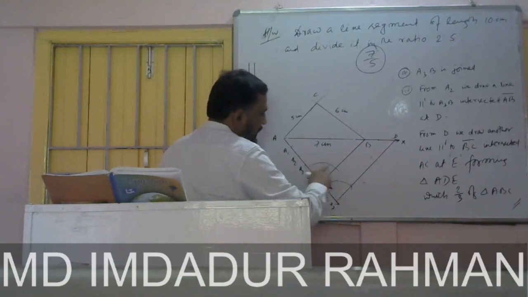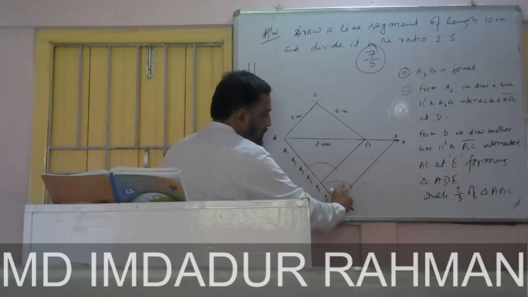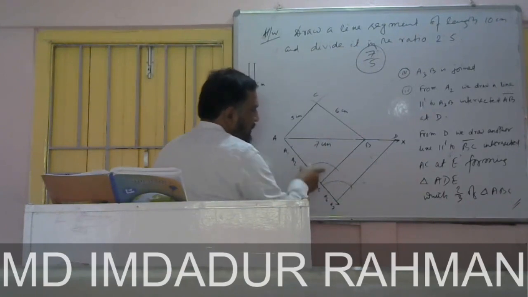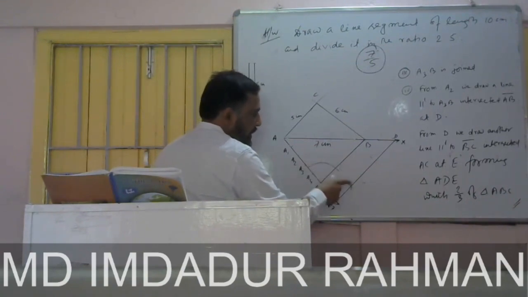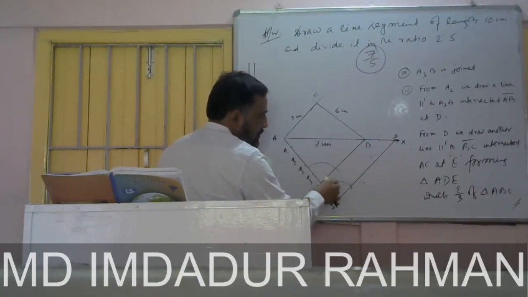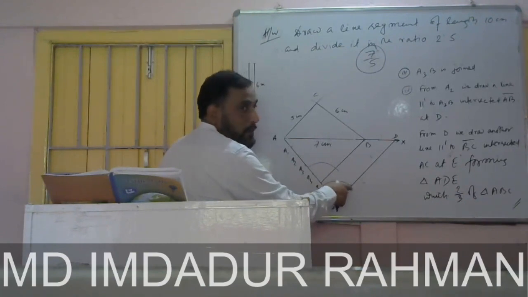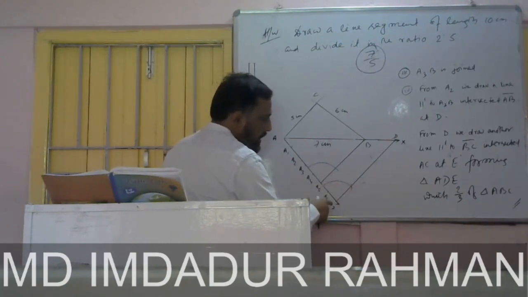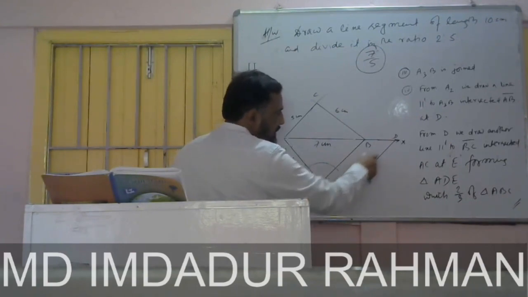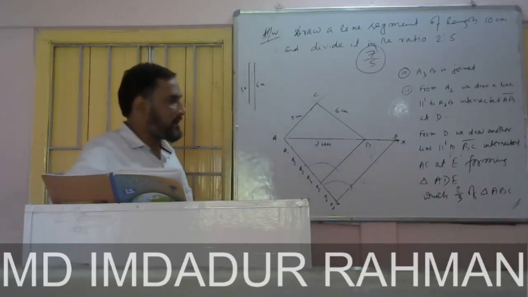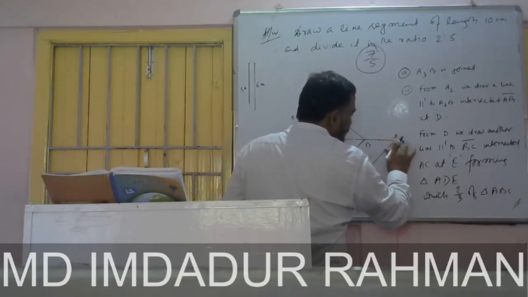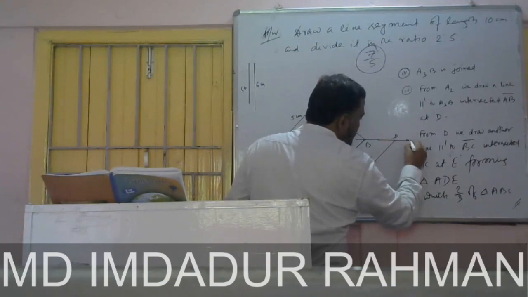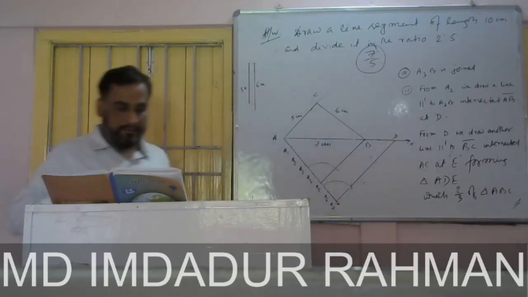For that we have taken the measure of this angle A5 and then marked here. Then taking the measure of this gap, from here we put it here. A point of intersection became, and then we join A7 and the point of intersection and extend it up to the ray AX. And when it is intersected at this point, we mark here D. So it would be better if it is extended.